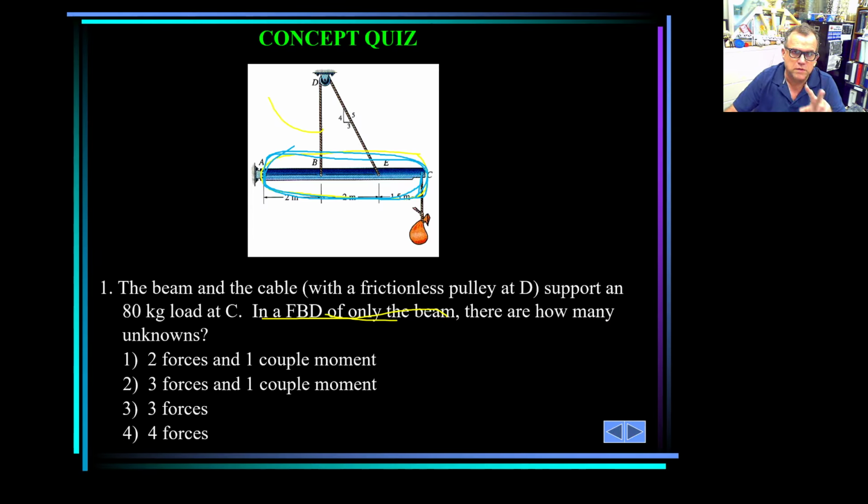That's it. 2 force reactions. And these two are 1 force reaction. So the answer is 3 forces. And I don't know why the students start double, triple, and quadruple guessing themselves, and they say no, 3 forces and 1 couple moment, or 2 forces and 1 couple moment. 4 forces,